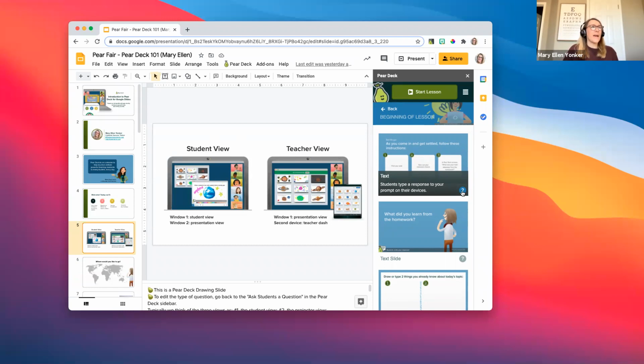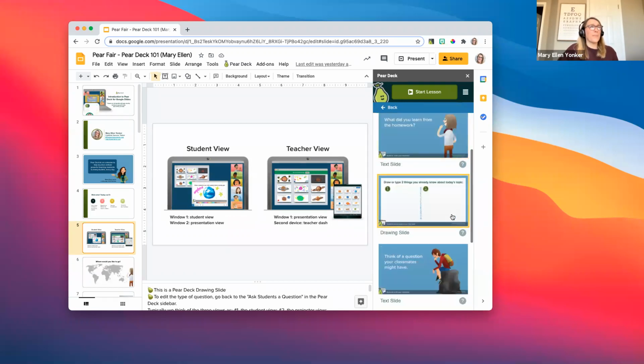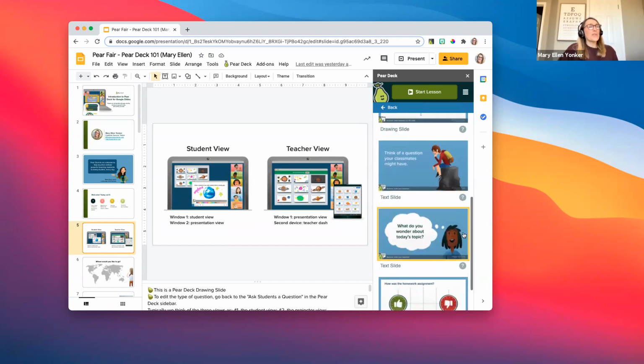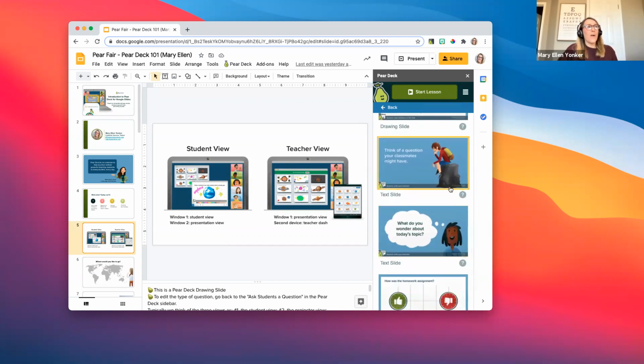A text slide means our students are going to have the opportunity to type in a response to your prompt. A drawing slide, students will be able to draw on the slide, or they can add a text box to respond.